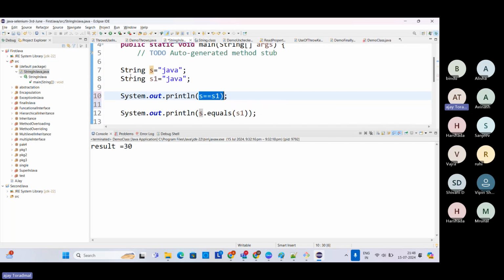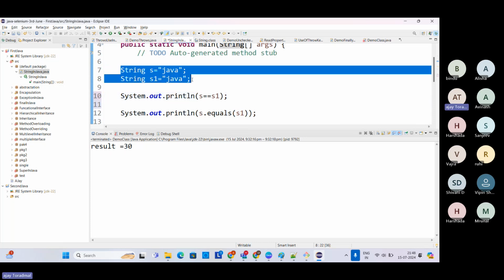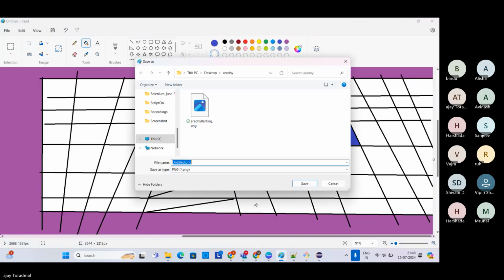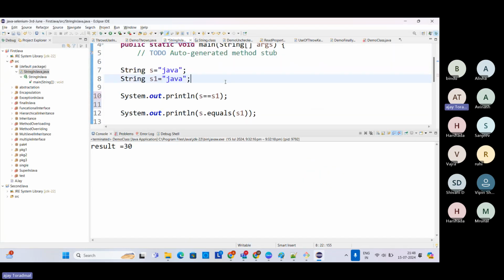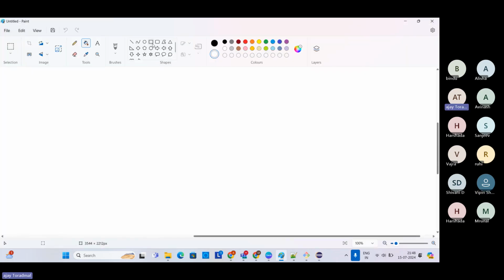So in this case, what will happen? How many objects will be getting created inside the SCP? One, sir. Okay. So now tell me how many objects are getting created. First of all, it will create one object. And here, how many objects will it create? Zero. It will not create a new object, right? Why? Because